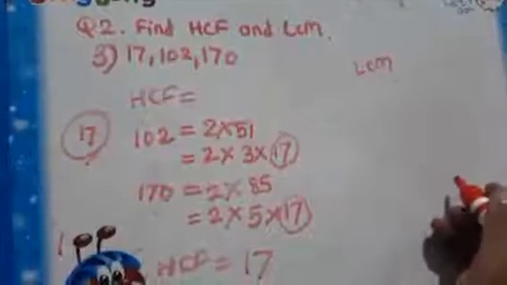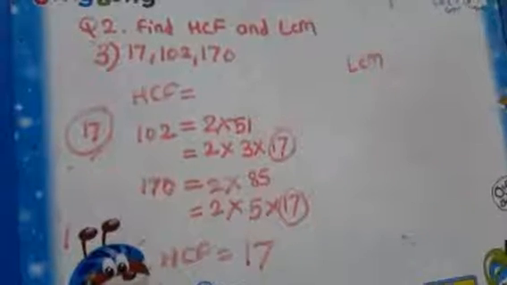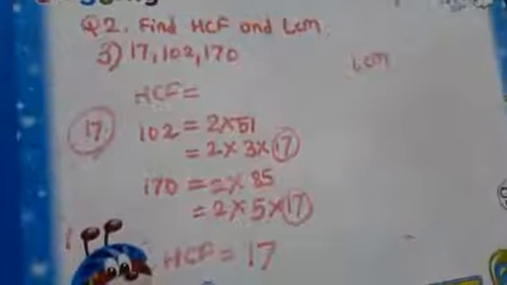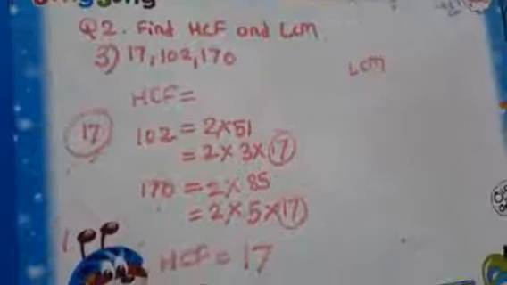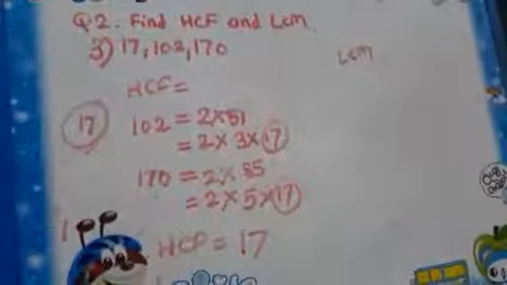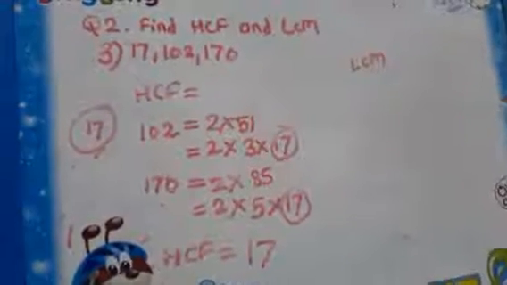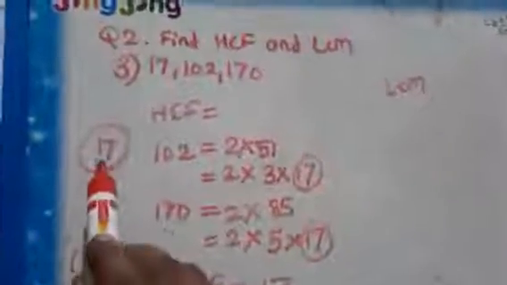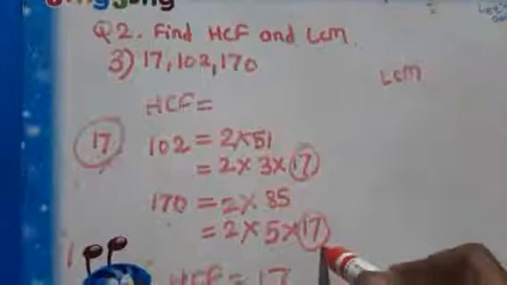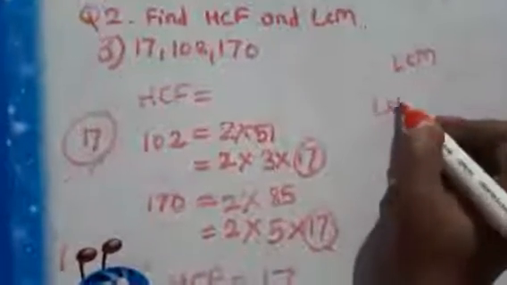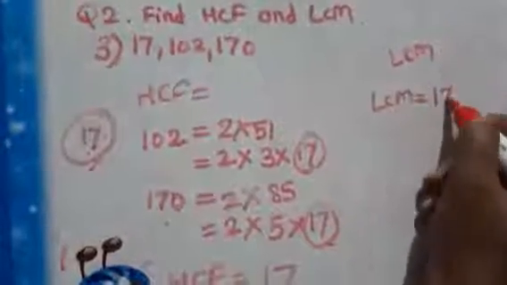We will take common and uncommon factors all. Just how many times common factors are repeated? For that, we will take them one time. For example, 17 is common 3 times, so only one time we will take. LCM is equal to 17 into